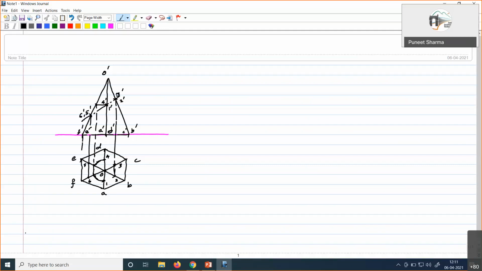It can be, say, sometimes for the opposite case also. The opposite, what I mean is, the section plane can be in the top view also. So let me try to draw that case also.